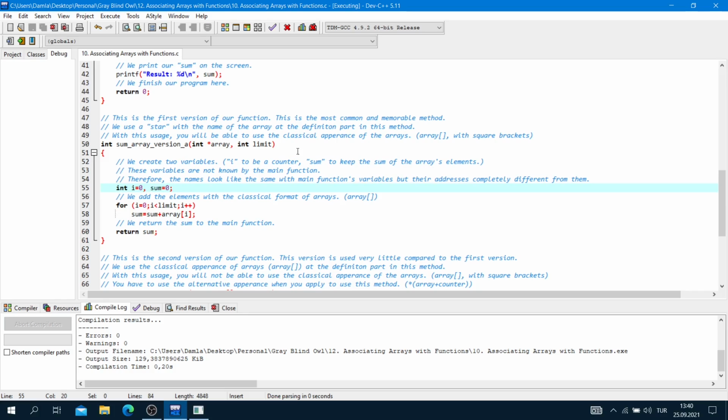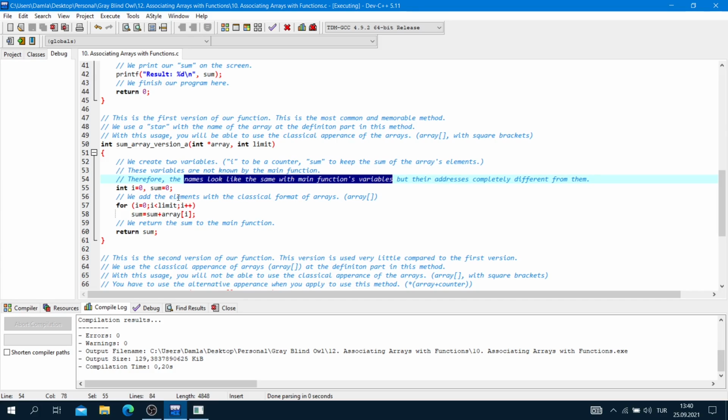Therefore, the names look the same as the main function's variables, but their addresses are completely different.